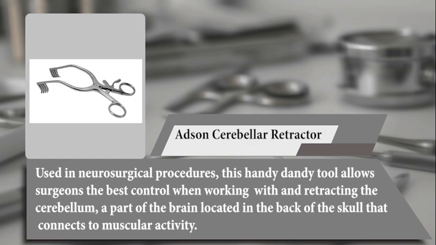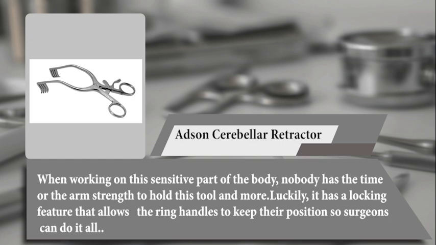Adson cerebellar retractor. Used in neurosurgical procedures, this handy-dandy tool allows surgeons the best control when working with and retracting the cerebellum, a part of the brain located in the back of the skull that connects to muscular activity. When working on this sensitive part of the body, nobody has the time or the arm strength to hold this tool and more. Luckily, it has a locking feature that allows the ring handles to keep their position so surgeons